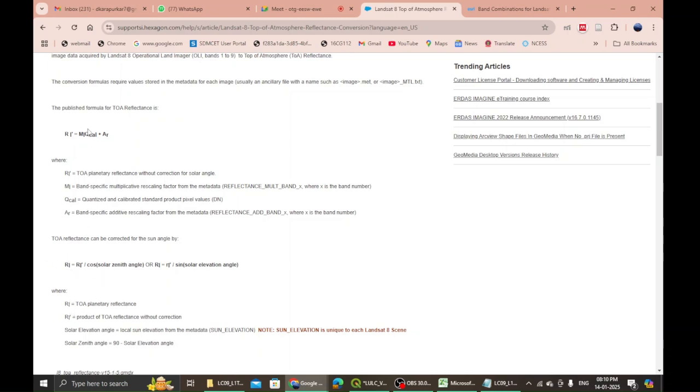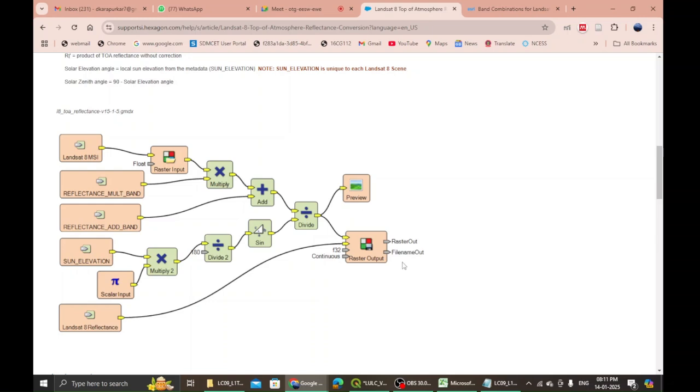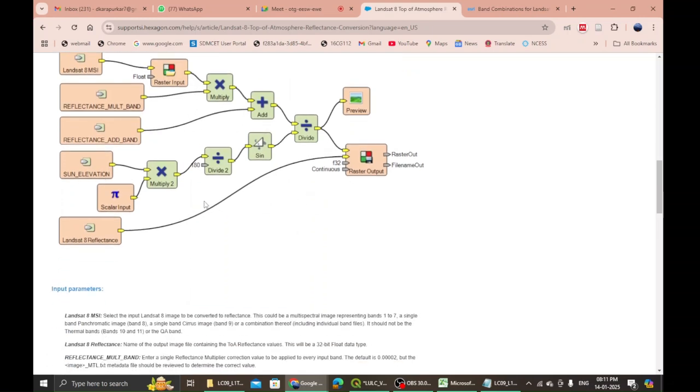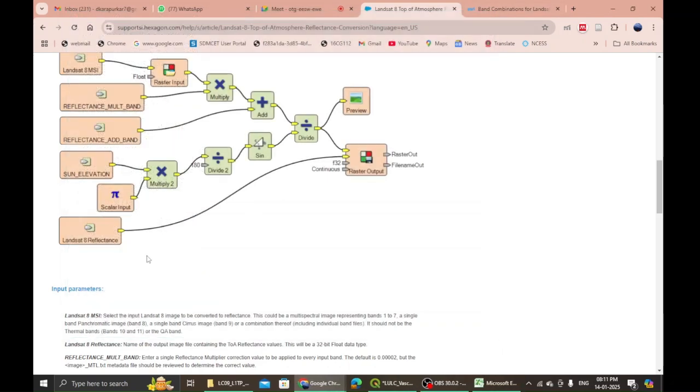Don't look at these weird lines all over there and be intimidated by them. They are all simple, just read these things, okay? And this is the bar graph. There's a flow chart which is also given over here. All that information that you require will be in the metadata file, okay?